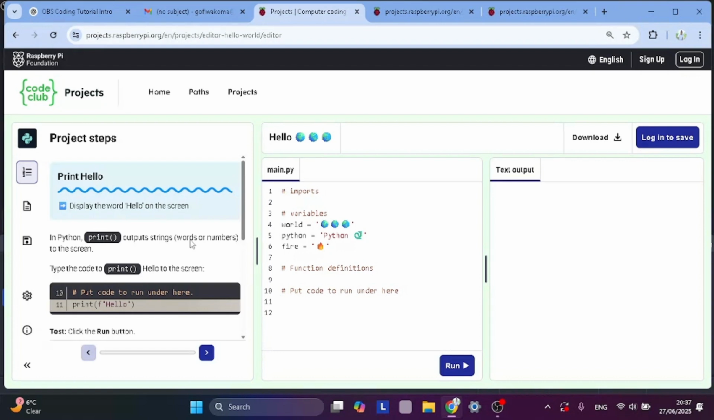We have the instructions here, the workspace here, and this is where the output will go. The first project is printing hello world. It says display the word hello on the screen. In Python, print outputs strings, words or numbers to the screen. Type the code to print hello to the screen. We'll observe on our workspace that we have something similar to this, which is number 10 here, and we have number 11. So this is where we're going to start and print